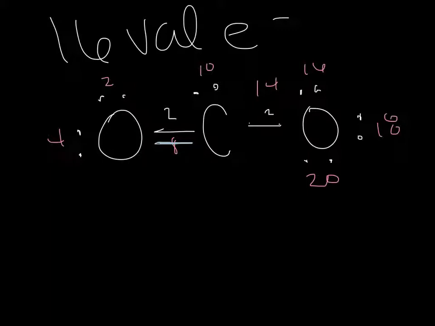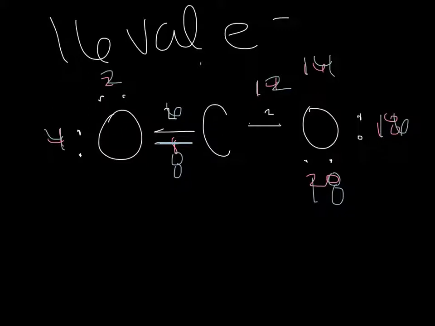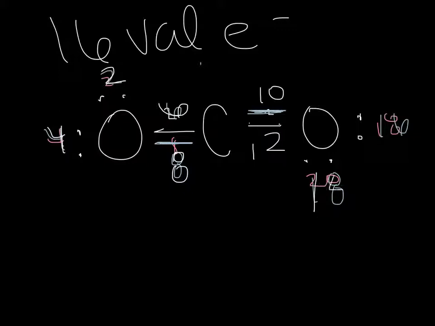Then I count again. I have 2, 4, 6, 8, 10, 12, 14, 16, 18. Again, 2 too many. So I again will take a pair and make them share, and I'll count a third time. I have 2, 4, 6, 8, 10, 12, 14, 16. 16 valence electrons. I have the correct number of valence electrons available, and every atom now has 8 electrons, as